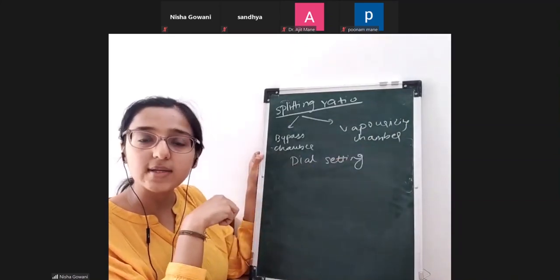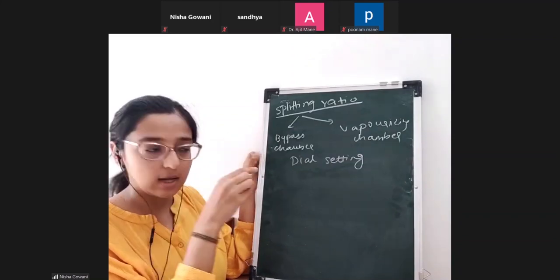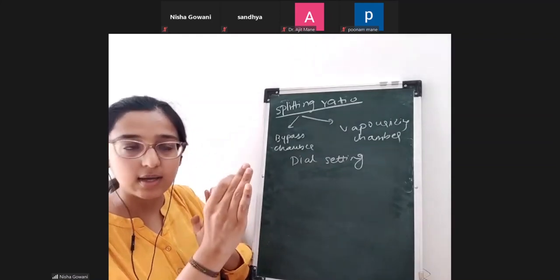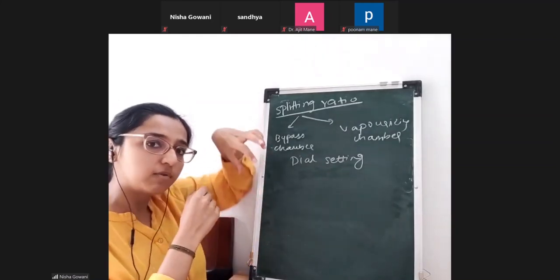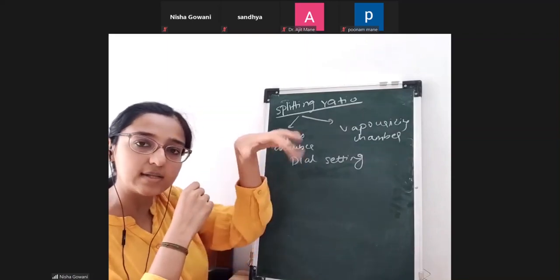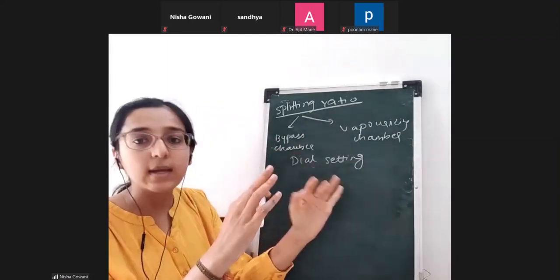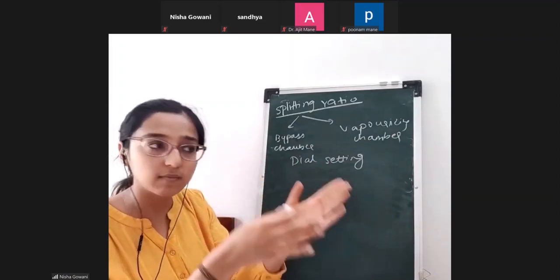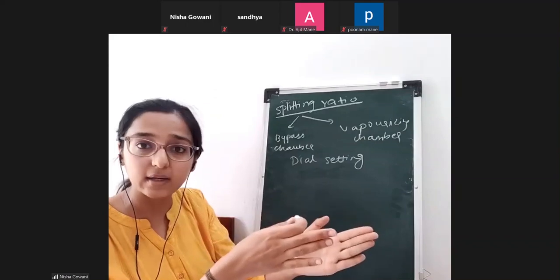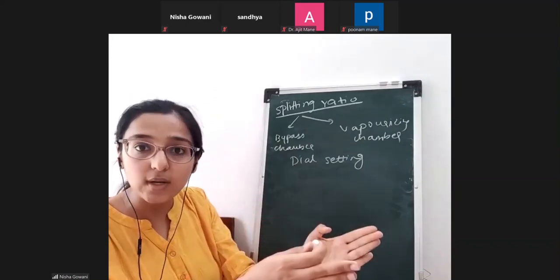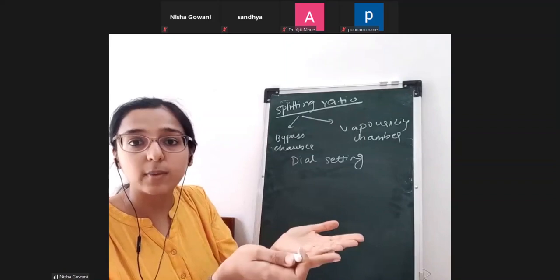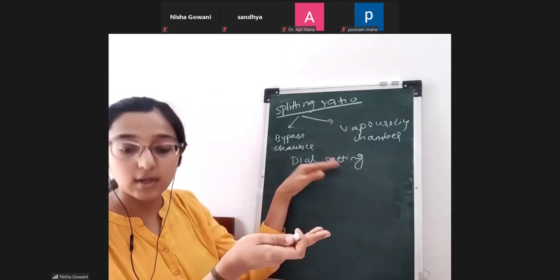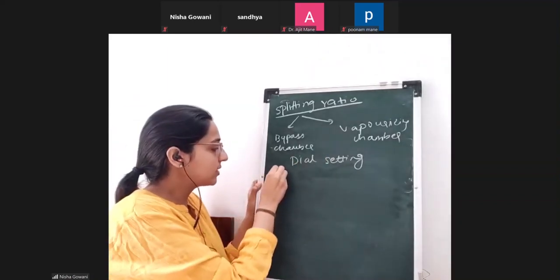You know that we cannot mix the agents, right? A vaporizer is calibrated for a particular anesthetic agent. Can I empty a sevoflurane vaporizer and use isoflurane in it with the same dial settings? Will it work? No. Can I put sevoflurane in an isoflurane vaporizer and use it? No. All these variable bypass vaporizers are calibrated for that particular agent only. Why? Because of this dial setting and the splitting ratio. Now, I will just explain this dial setting.